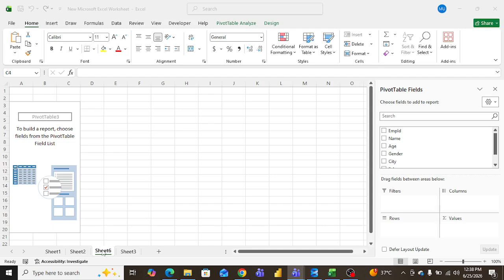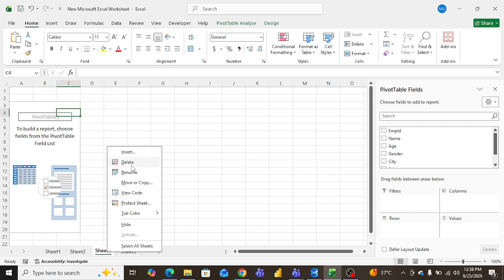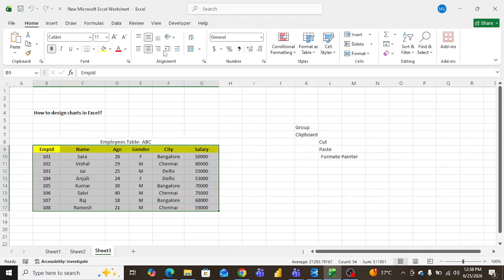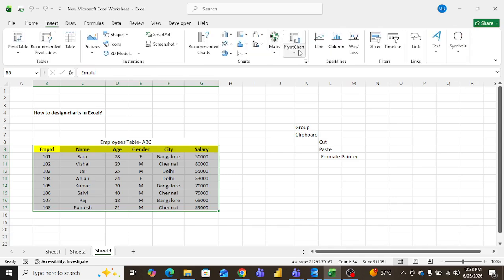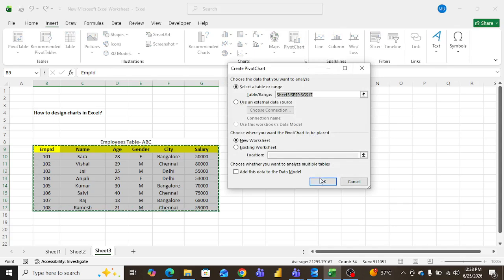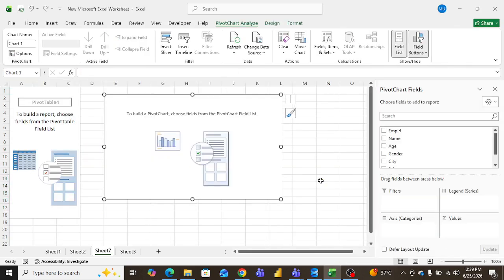If I delete this and click only on Pivot Chart, we are getting only the pivot chart, am I right? So what does that mean here? It means we are